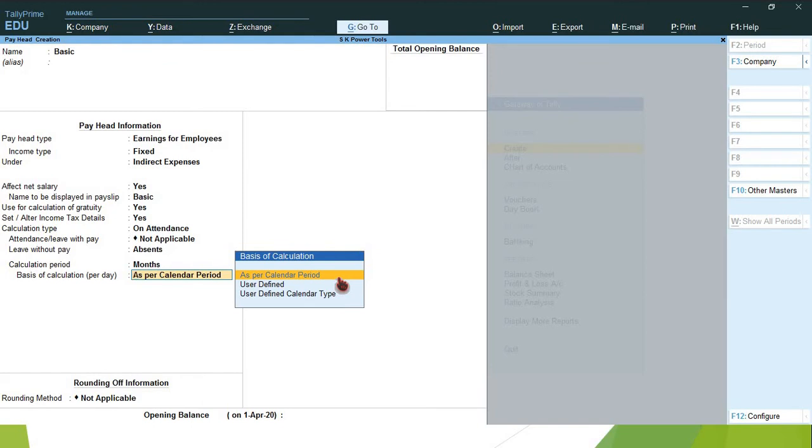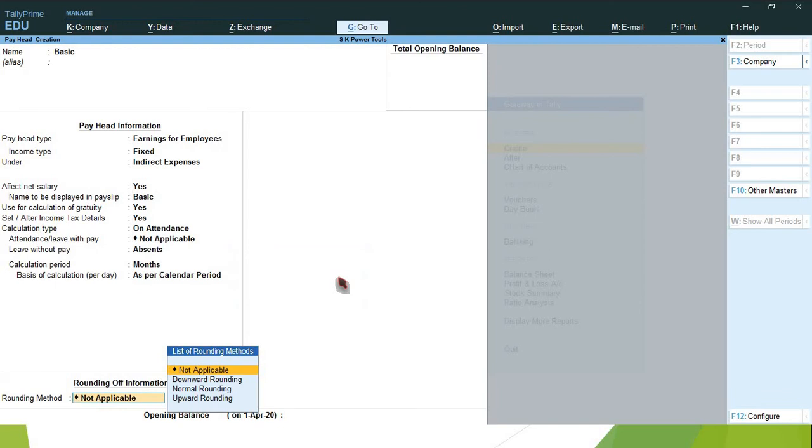Basis of calculation per day: as per calendar period. Select as per calendar period, because in January 31 days are there, in February 28 or 29 days are there, in April 30 days are there.